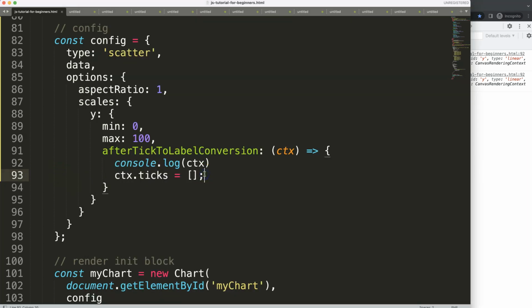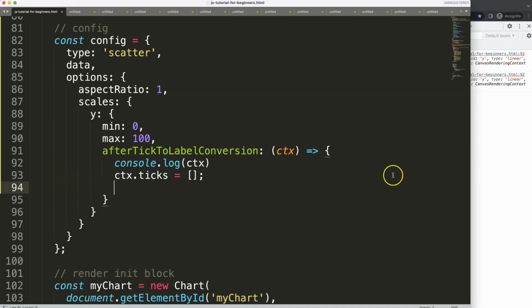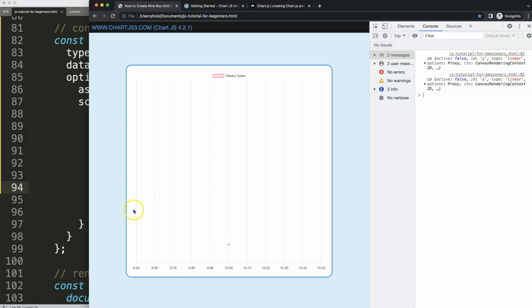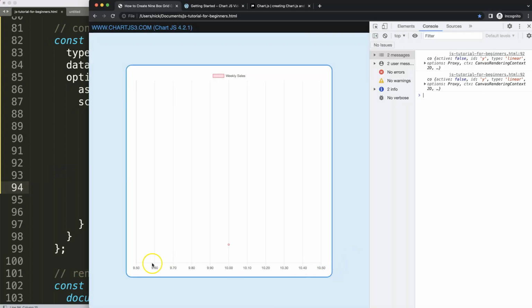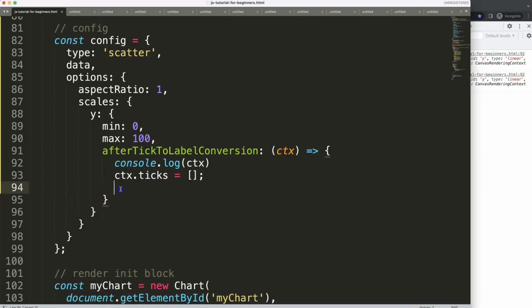What I want to do now is control my own ticks, and I want to tick basically here and here. So there's only 2 ticks. I don't want to work on the 0 line here, because that's not necessary, because we have a border by default on here, and later on that will become very important. So what I'm going to say here,